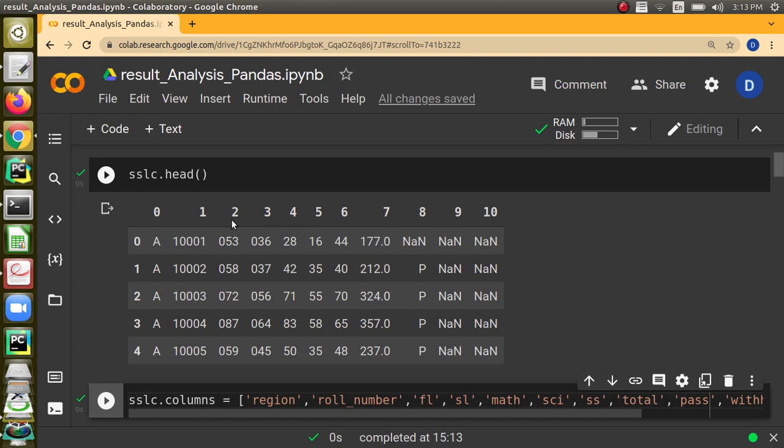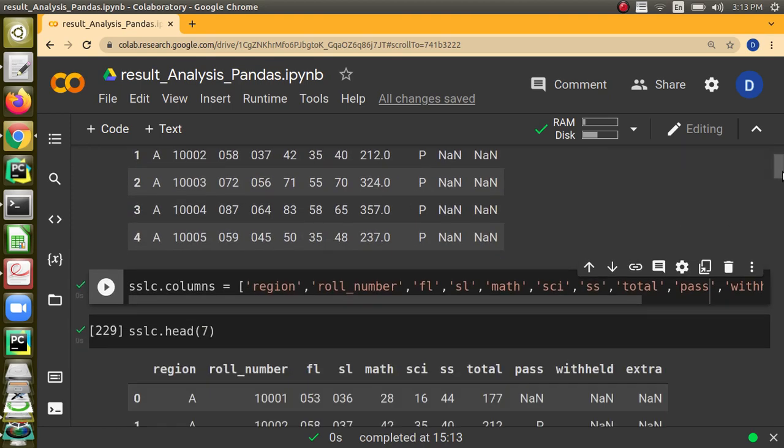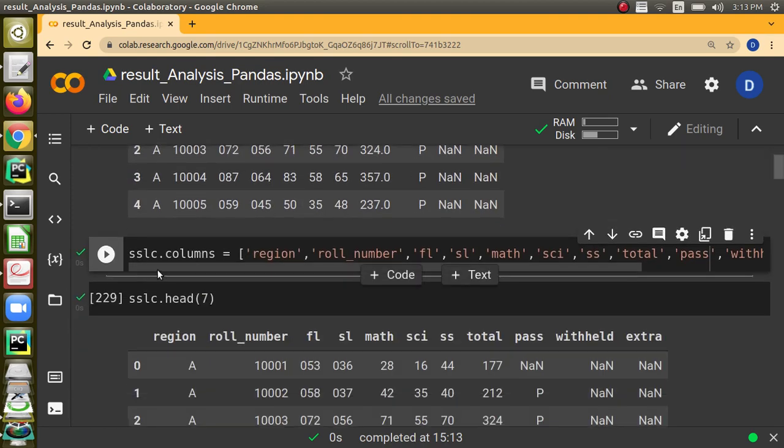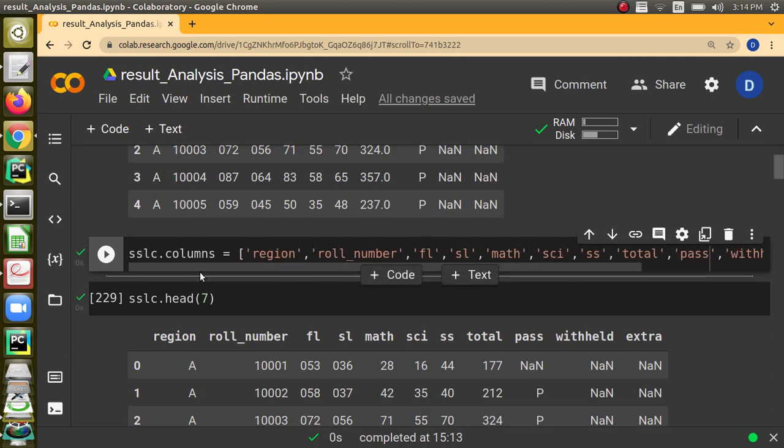This is not nice, isn't it? We don't feel comfortable with these column names. So now we are going to give names for the columns. How can we give them? Use dataframe.columns equal to, and you give a list of strings. Those strings will be given as the column names in the data frame. So the first column name is going to be region. Next one is roll_number.